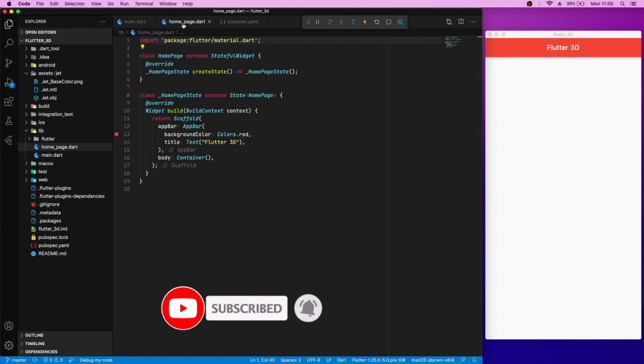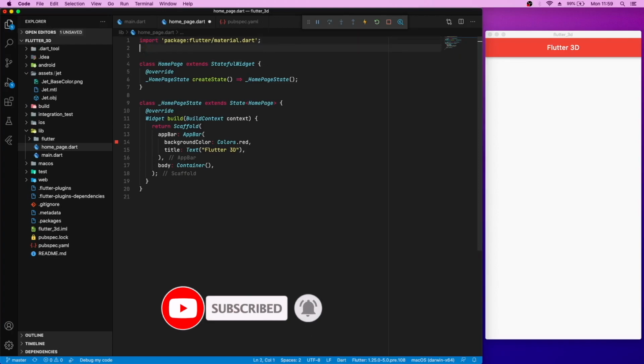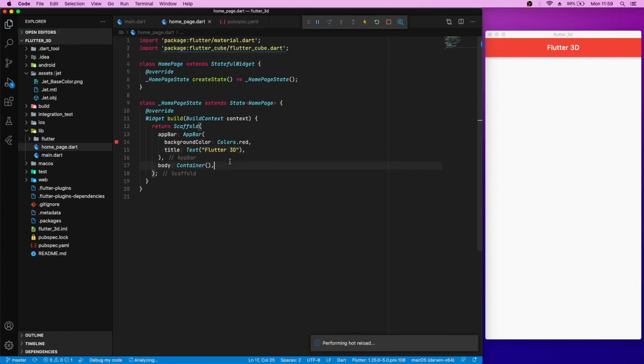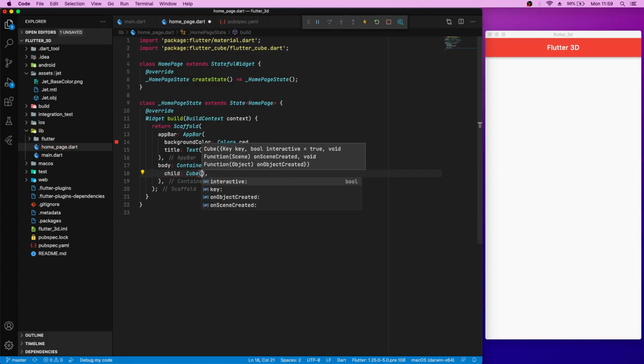So let's head over to our home page and paste this import statement here, and this will import our Flutter Cube package. And let us make a new cube object inside our container widget here. So the child will be cube, and the cube has four different parameters.